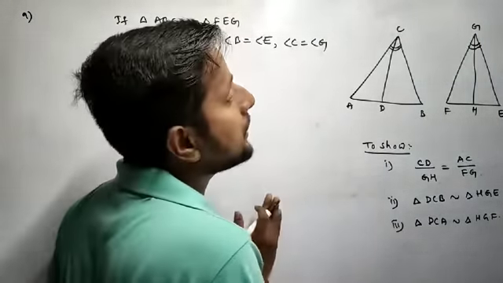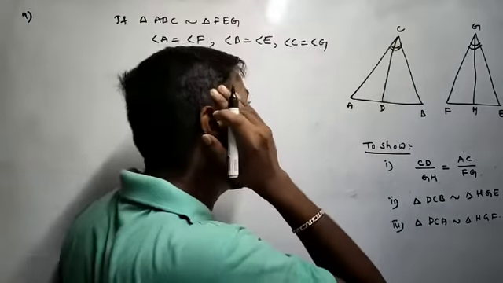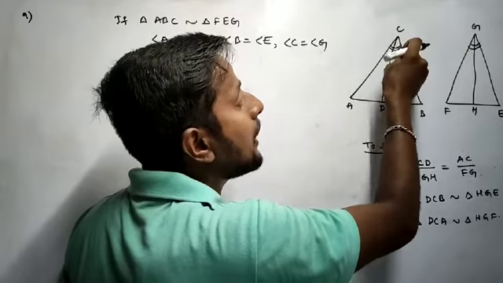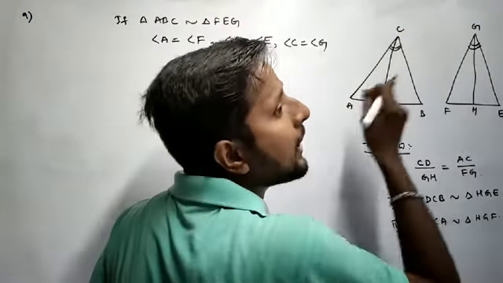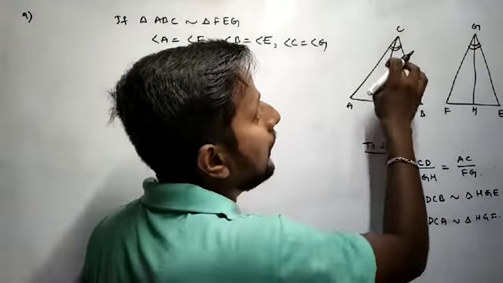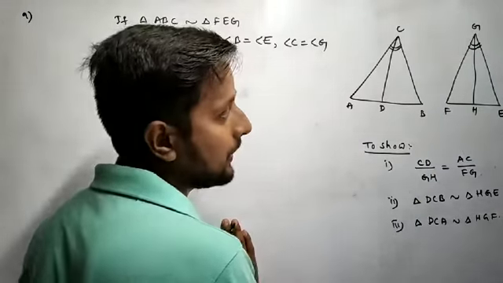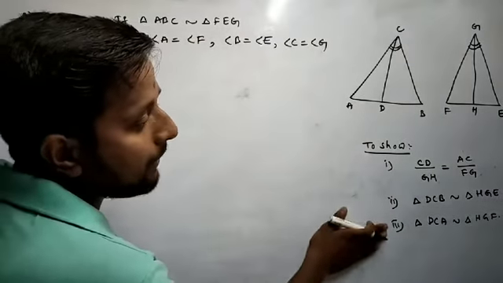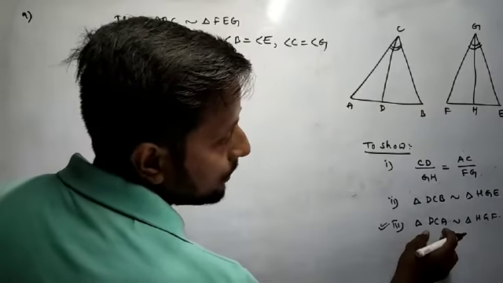But what is mentioned in the question? CD is an angle bisector. That means if you imagine it is 100, it is divided into 50 and 50. And GH is also an angle bisector, so here also 50 and 50. Overall, the bisected angles are also equal. Right. So these are the three we have to show. I am going to prove the third one first. So name the triangles.